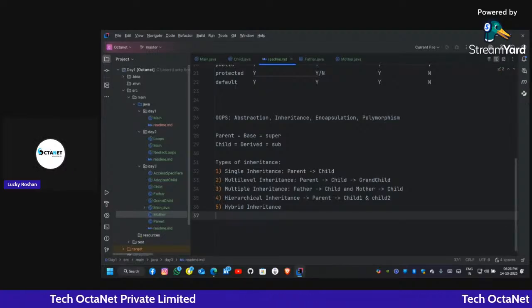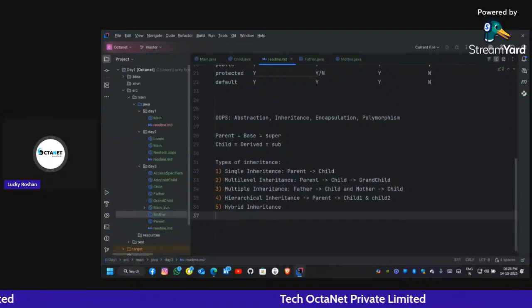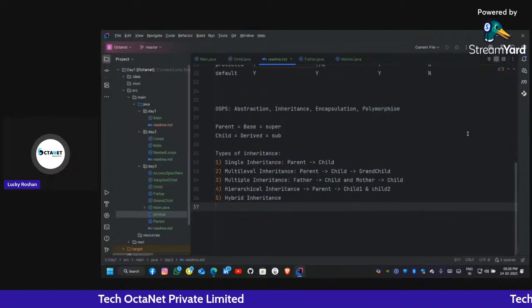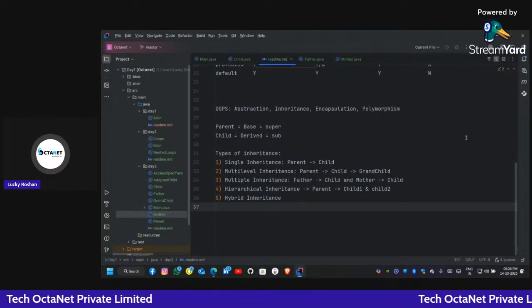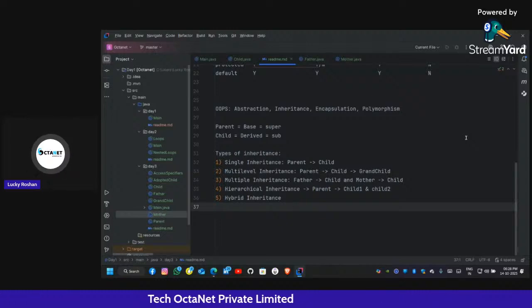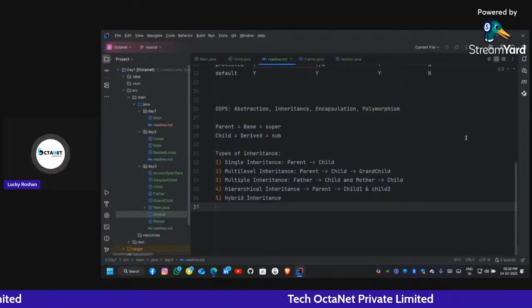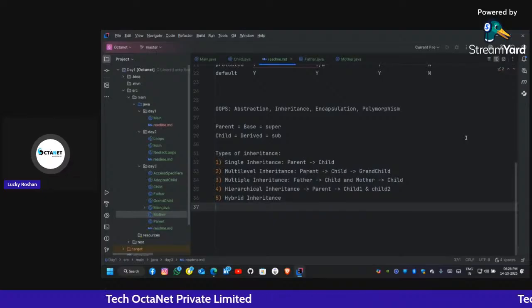Sagar Moria says, I have a doubt from yesterday's topic. Okay, Sagar, you can tell your doubt. Then after clearing your doubt, if you have time, we will learn encapsulation. Otherwise, we will learn it tomorrow. If anyone else has any doubt, you can also tell me. I will clear your doubt now. After clearing everyone's doubt, if we have time, then I will start encapsulation. Otherwise, we will start it tomorrow.